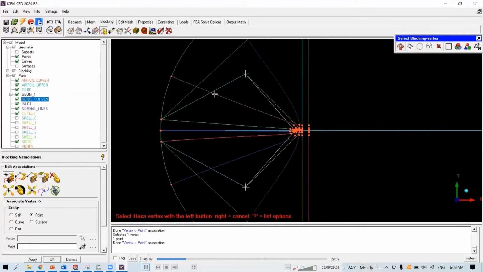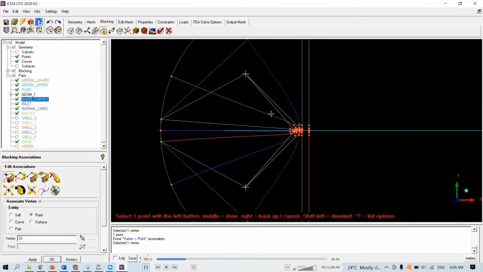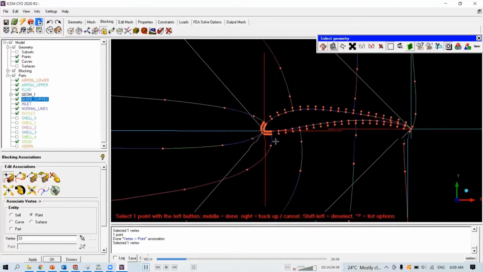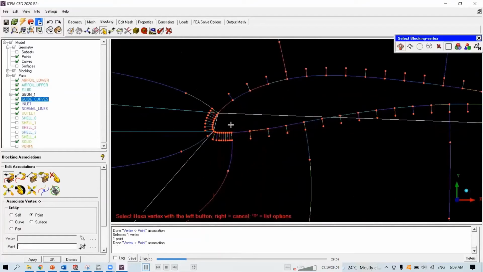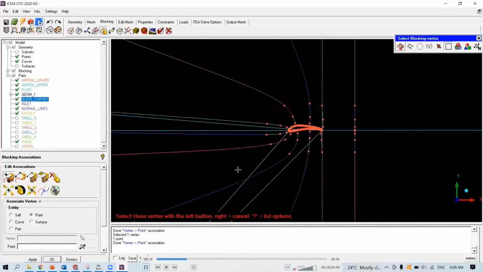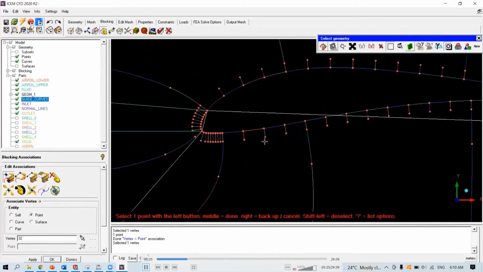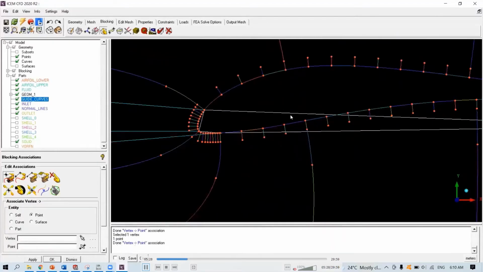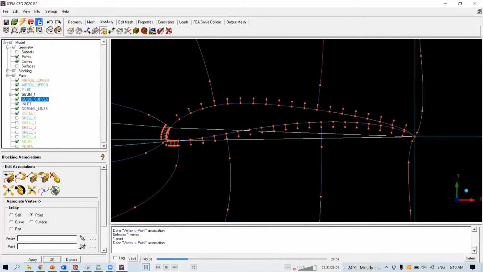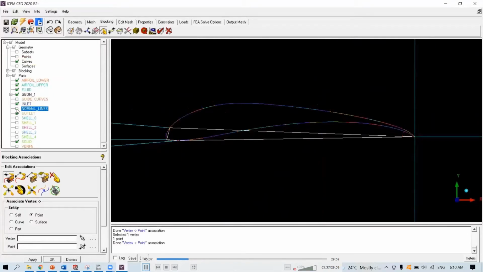Now turn on your guide curves. See, this one will be your 1st guide curve, 2nd, and 3rd for the top part. So this one will be attached to the 1st guide curve on your airfoil. There you go. Do the same thing for the low surface. Okay, turn off your points, and turn off your guide curves as well as your normal lines.